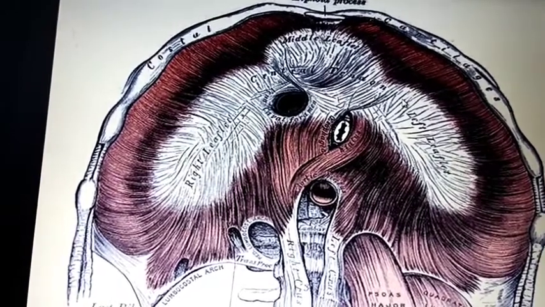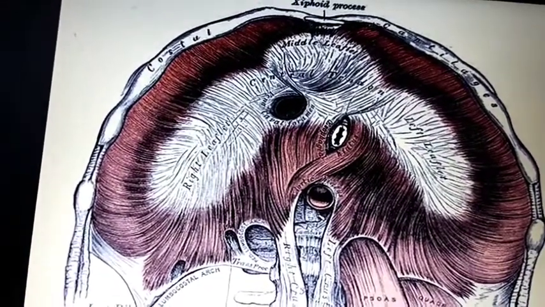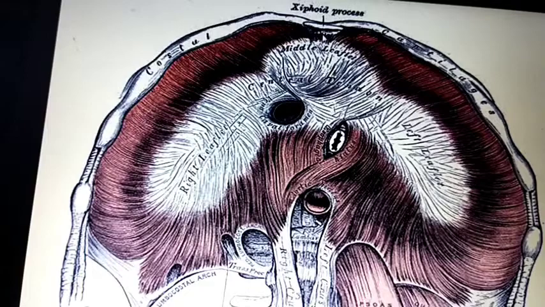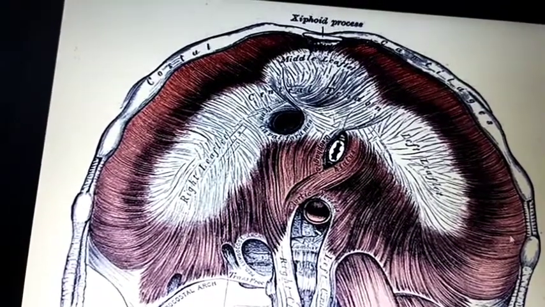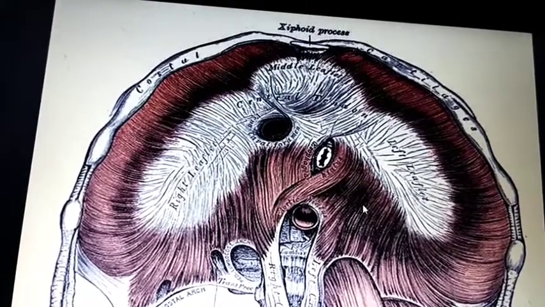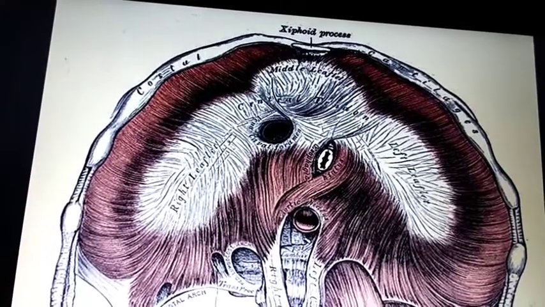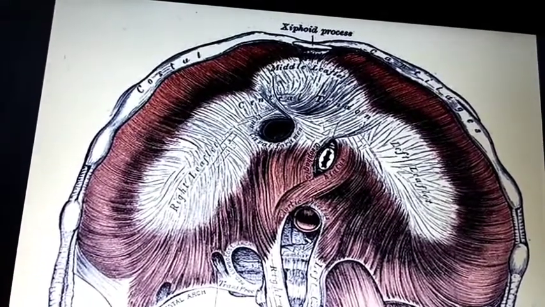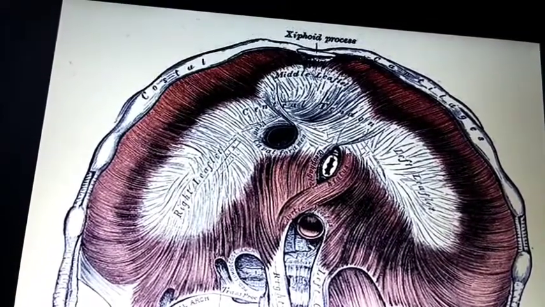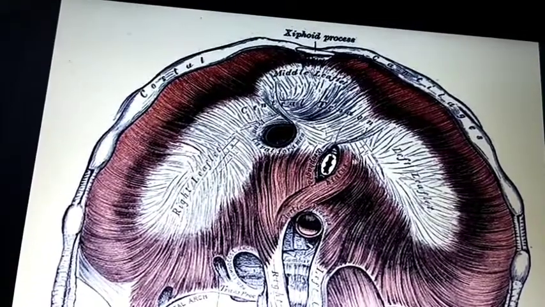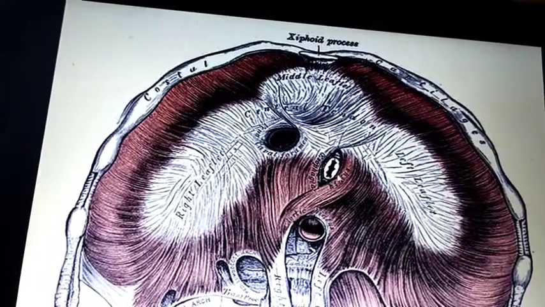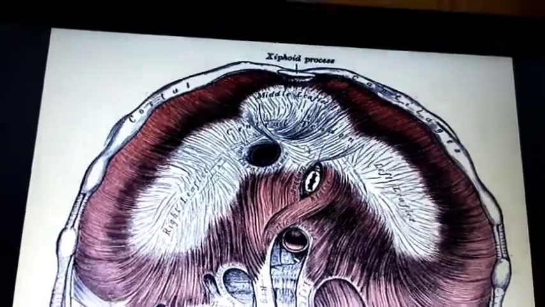It is inserted by three main parts, and there are also three origins. One is the sternal, from the xiphoid process, one is from the costal, this is the costal, and one is from the lumbar. The costal and lumbar parts form the leaflets. The middle leaflet is formed by the sternal part. Centrally they are attached and form the marked diagonal shaped tendon, that is the central tendon. You can see just above the esophageal opening, there is the central tendon.